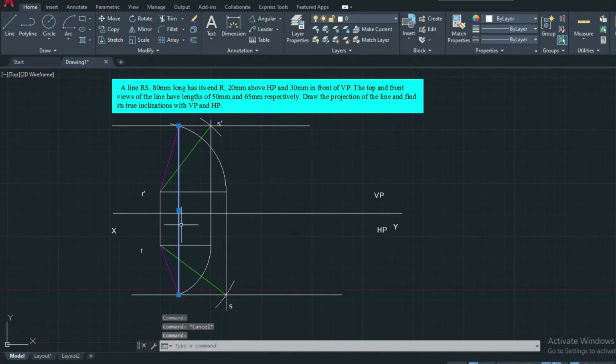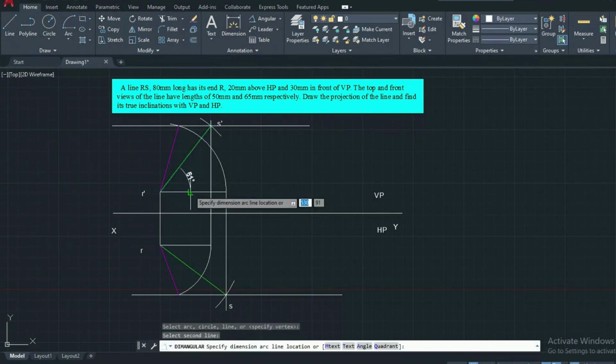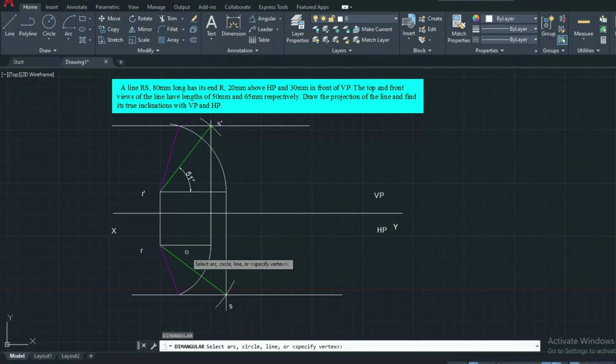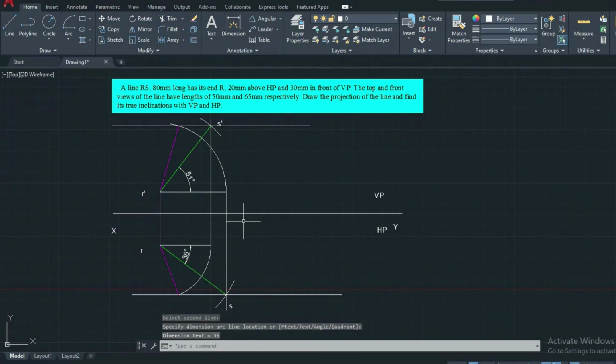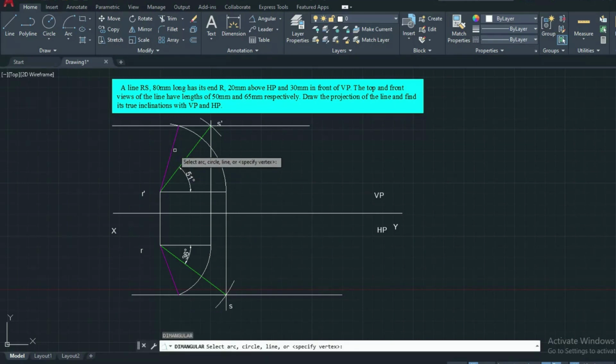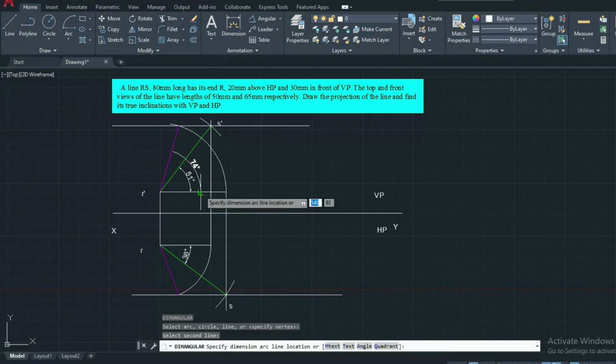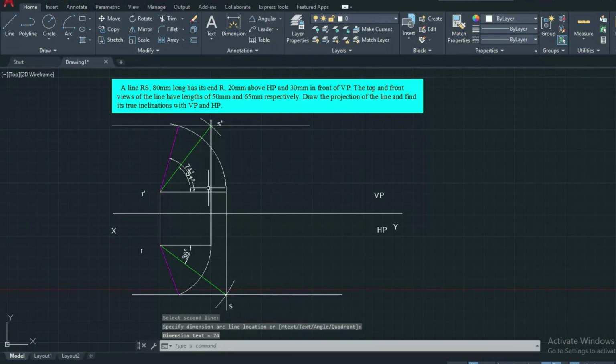To mark the inclination, we can use the dimension here. The true length inclination with the horizontal plane is 51 degree. Similarly, the true length inclination with the vertical plane is 36 degree. And also the front view inclination with the horizontal plane, we are obtaining 74 degree.